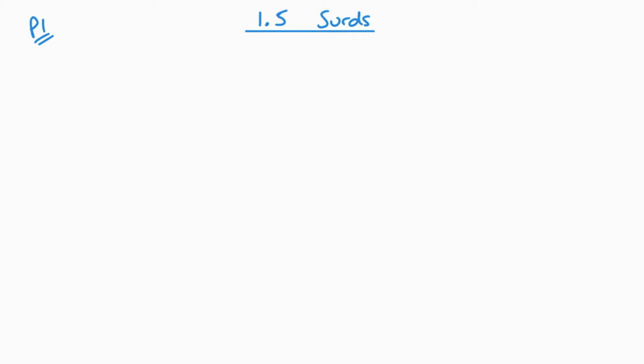Now, a surd is basically when we take the square root of a number that is not a square number. And it's essentially an irrational number. So, for example, square root of 2, square root of 15, and multiples, so 8 root 2, 5 root 15. These are all examples of surds, okay, where because it's not a square number I can't get rid of that square root sign,